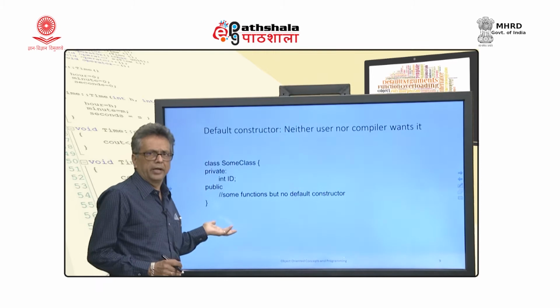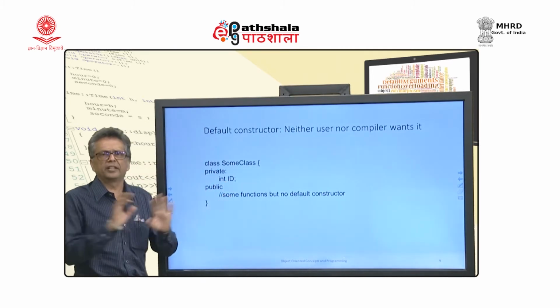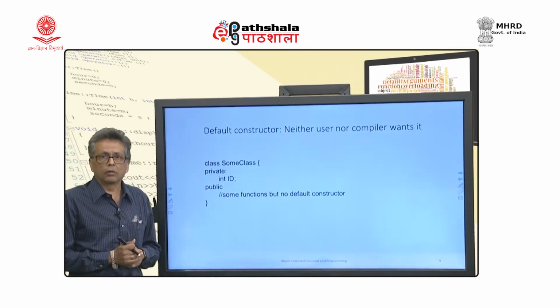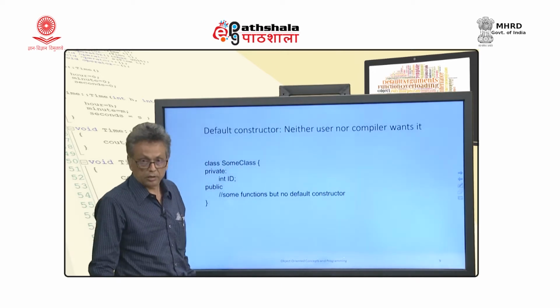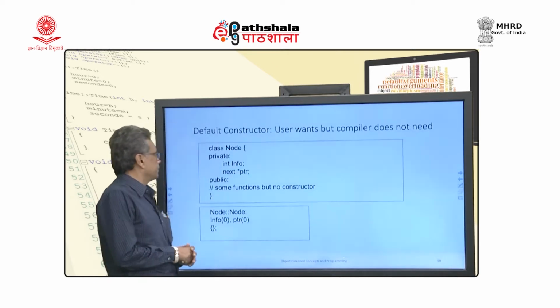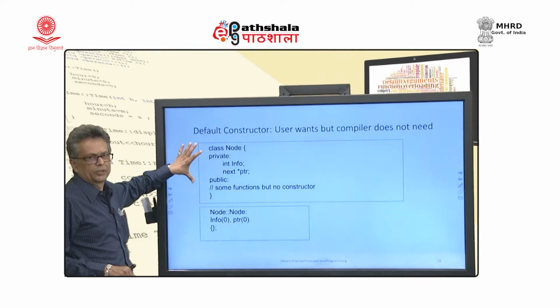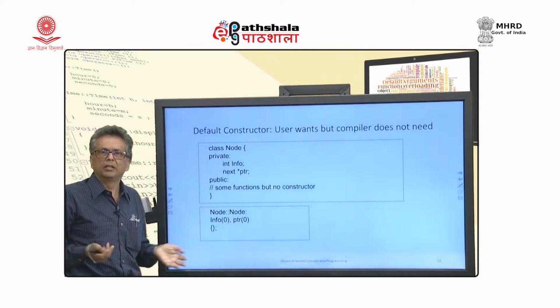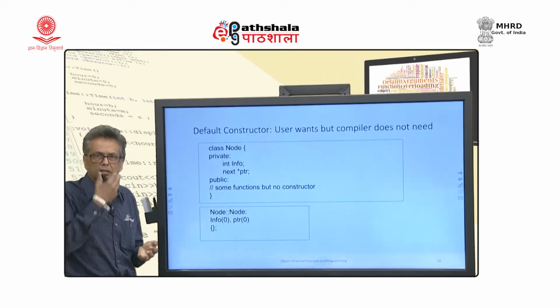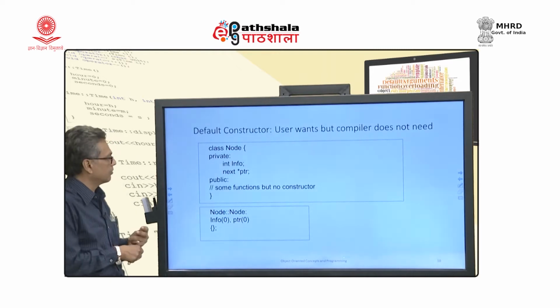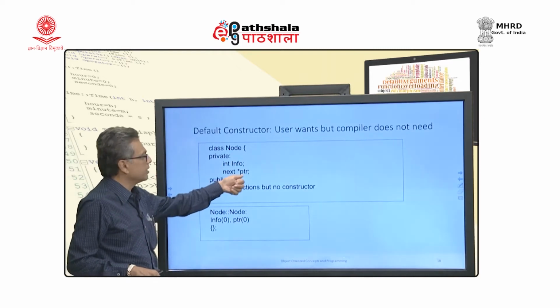Compiler also does not need one, because the compiler does not find anything inconsistent here. So, the compiler will not define a default constructor. It is not always the case. Suppose I define, and this is probably something you have seen if you have ever written a linked list program yourself, an int info